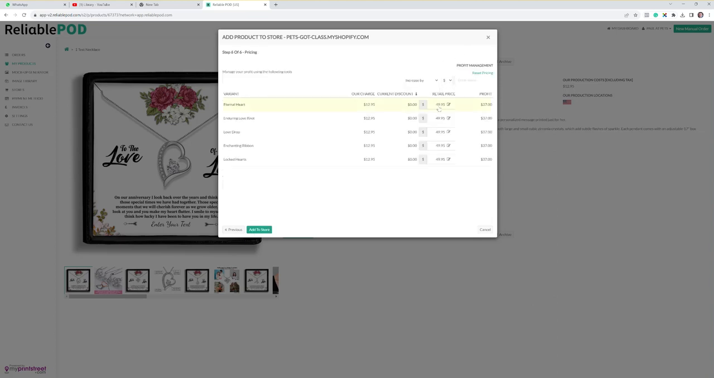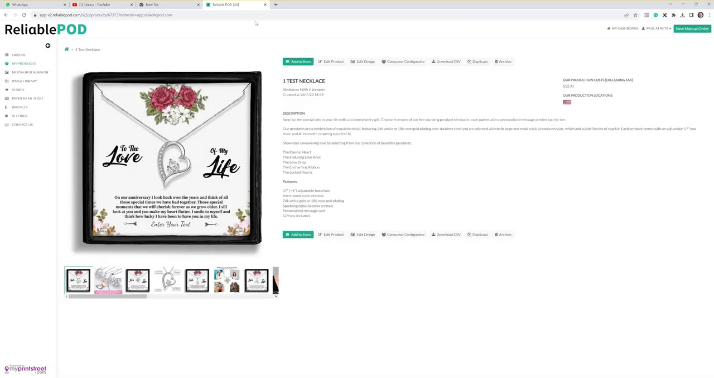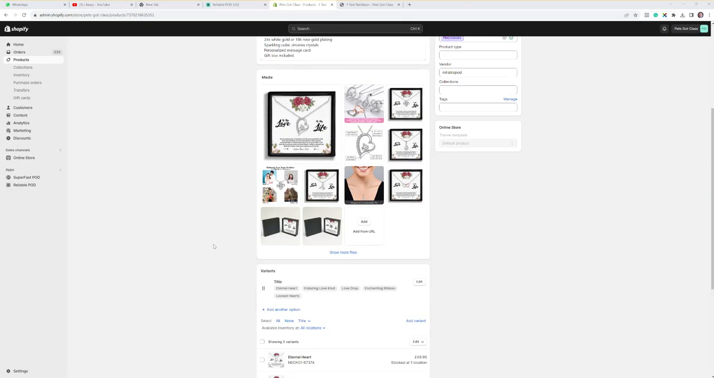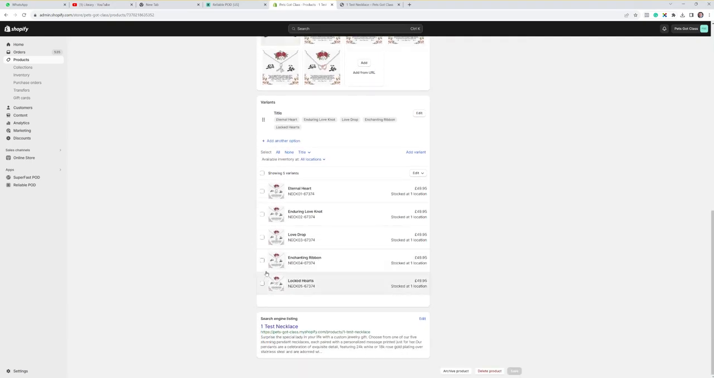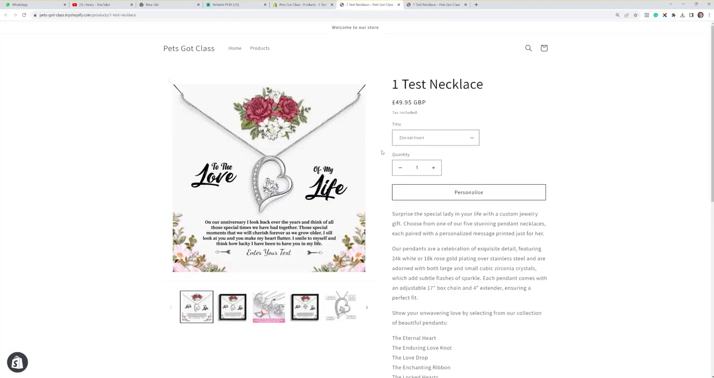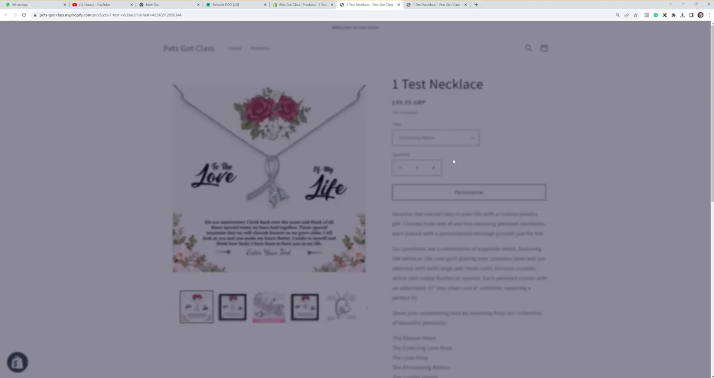You can change the pricing here up or down individually. You can do it by percentage or whatever is needed. Click add to store and we'll close. We'll go across to our Shopify store and I'll show you what that looks like. So as you come into your Shopify store, you can see it's created all the mock-ups that you need. It's added the variant images, and then when people click view, they can select which one they like, and if they click on personalize,